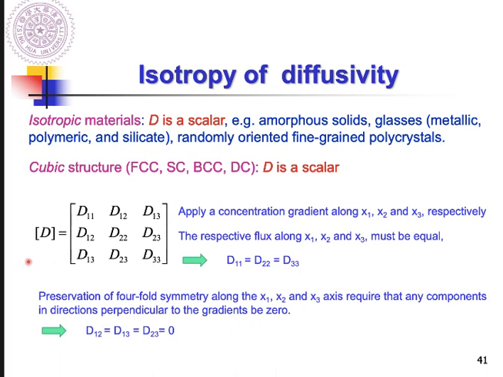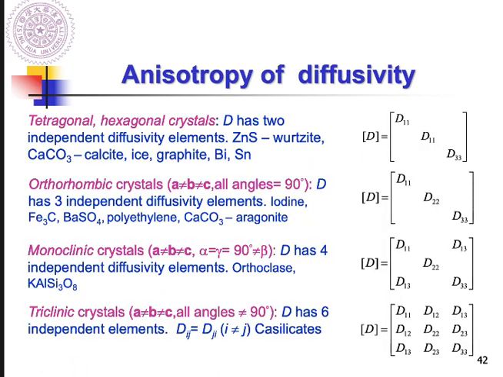So when you still want to express the diffusivity tensor in cubic structures, we know A equals B equals C, and also the angles between two axes equal 90 degrees. So what we have is only D11, D22, D33, where D11 equals D22 equals D33, and we don't have values for D12, D13, and D23. They equal 0. Okay, so this is